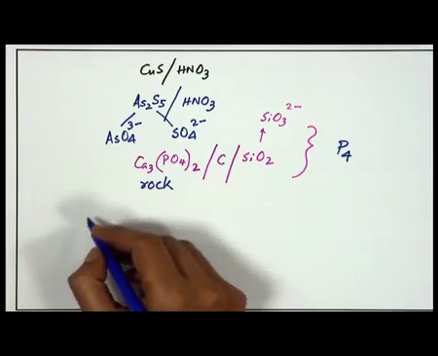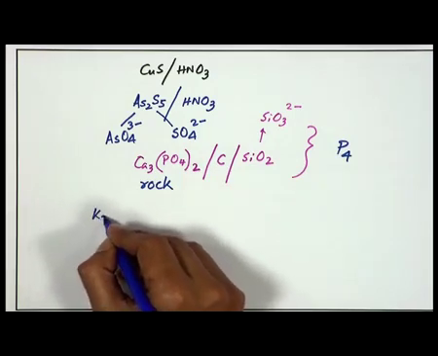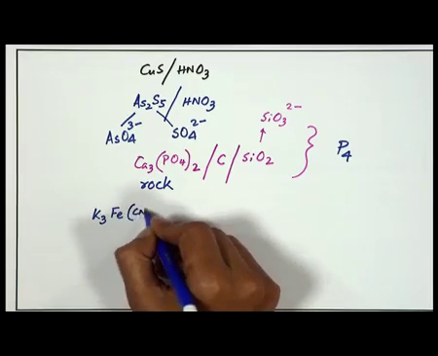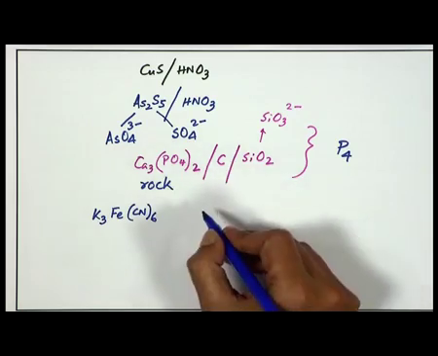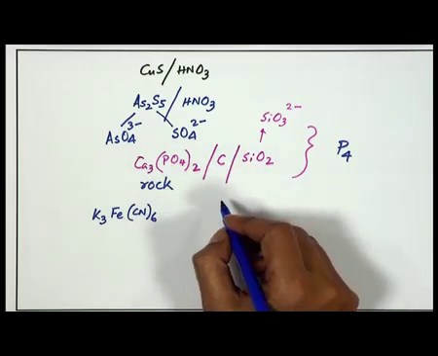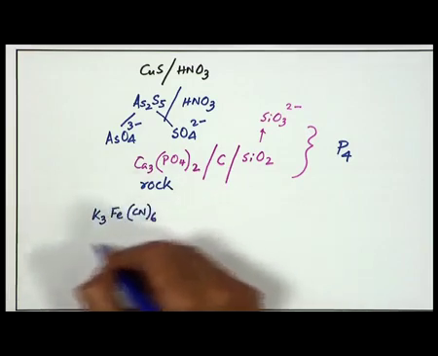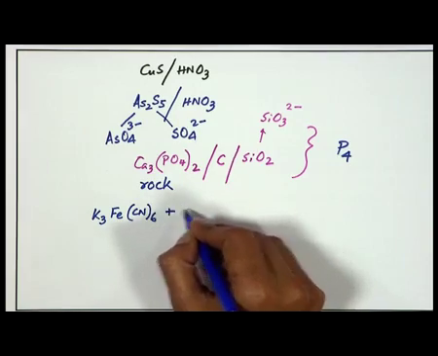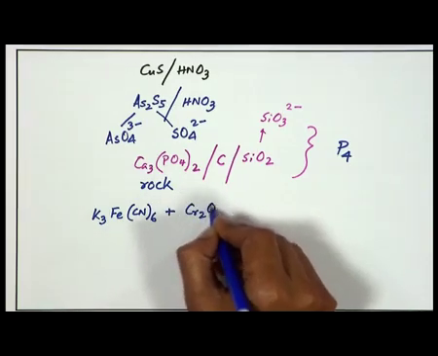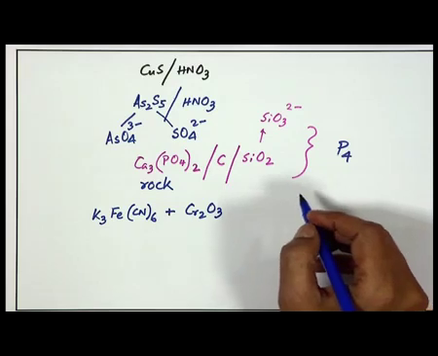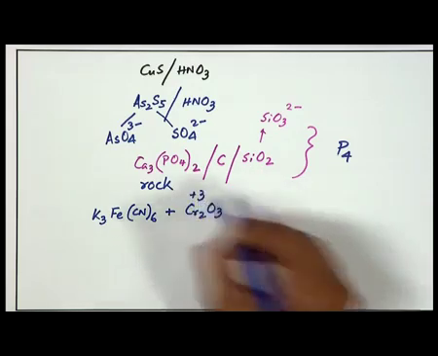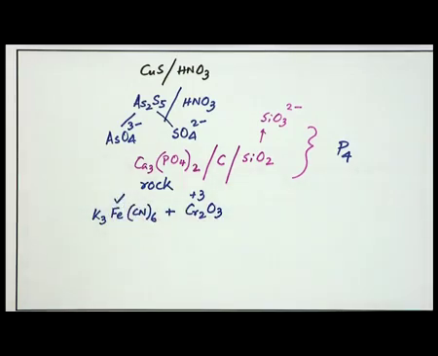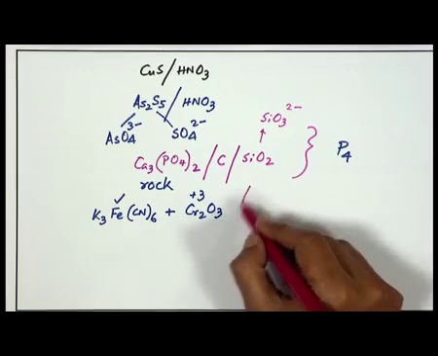One such example is handling some more complex inorganic compound, potassium ferricyanide. How the redox chemistry goes with potassium ferricyanide, we should also know. When it reacts with Cr2O3, the chromium oxide in the +3 oxidation state, we assign the corresponding oxidation state of this iron center, and we should know the corresponding products,